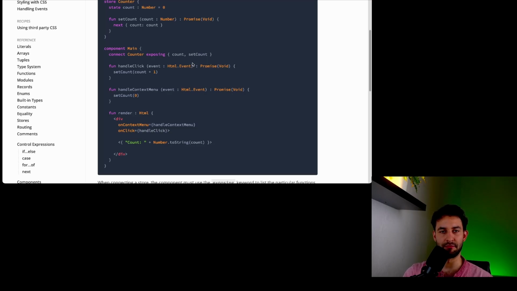However, I do think overall this is a great idea, and depending on how it's implemented, it might actually be something that is worthwhile to be using in the long term. It just depends on the interfaces between stores and how well you can invalidate certain stores and how reactive it actually is. So we'll take a look at reactivity here. How is reactivity implemented? Let's take a closer look right now.